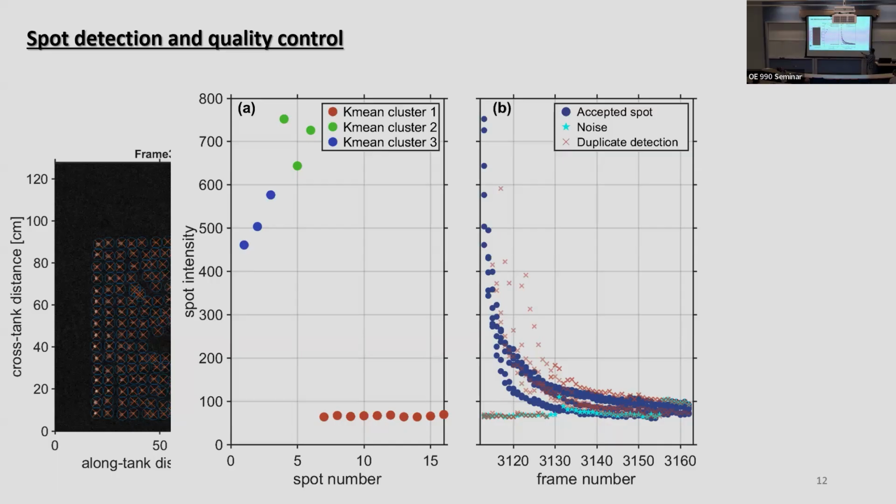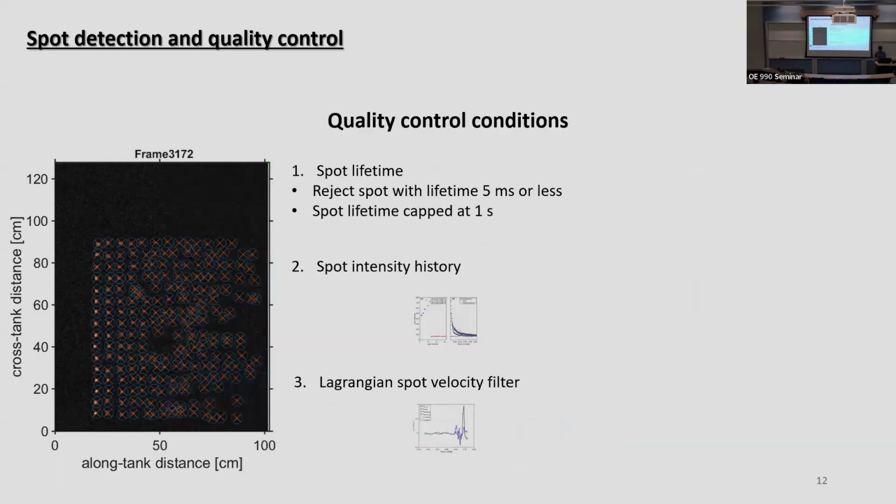So if we track the history from this frame onwards over a different number of frames as a time series, as a Lagrangian time series of spot intensity history, the actual spot shows a decay, an exponential decay like that, but noises just stay consistently over here, or move, boom, jump, and then go back. So these are jumps, these are ejected spots which were duplicated as a consequence of the jump. And the third